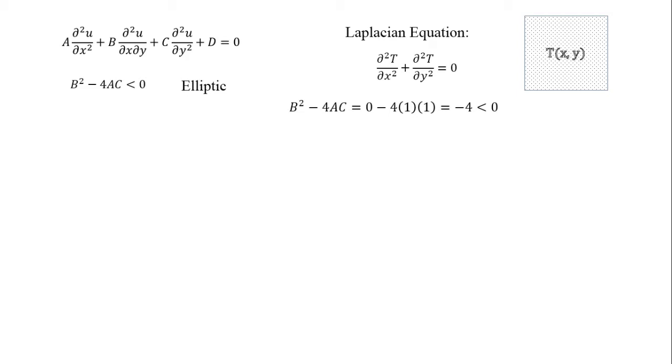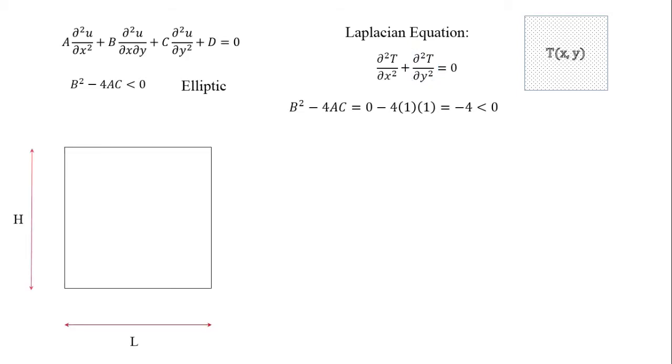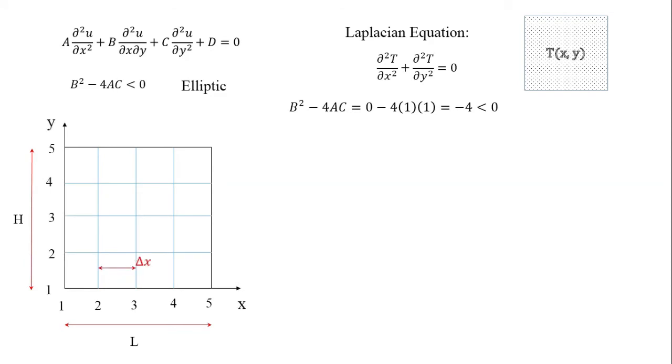Our aim is to represent the second order differential terms appearing in this equation, that is del square T by del x square and del square T by del y square, in terms of appropriate differences using finite difference method. Before doing that, let us first divide the two-dimensional domain into number of grid points. So in this particular example, we have used 5 nodes for length L and 5 nodes for height h. Hence the value of delta x is equal to L by 4, and likewise the value of delta y is equal to h by 4.